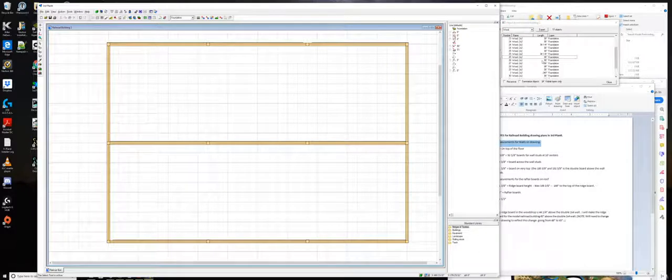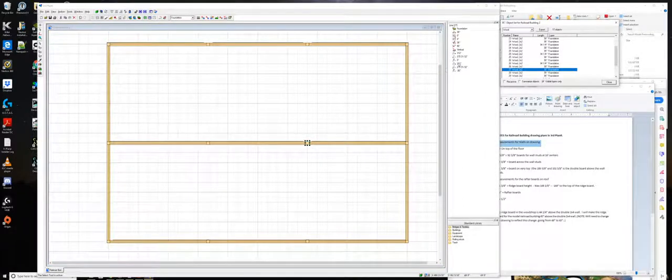Five. Go to 26. Negative 1 3/4 inch. Negative 37 3/4 inch. And we go to line 27. Negative 1